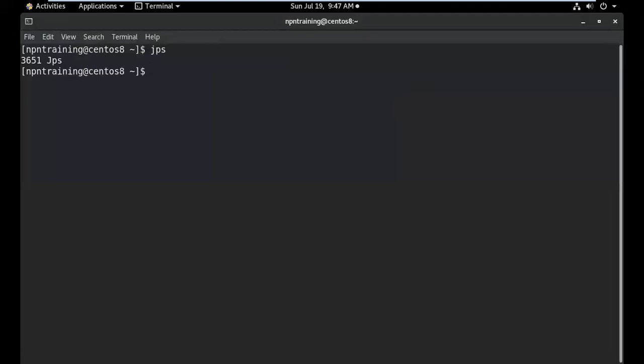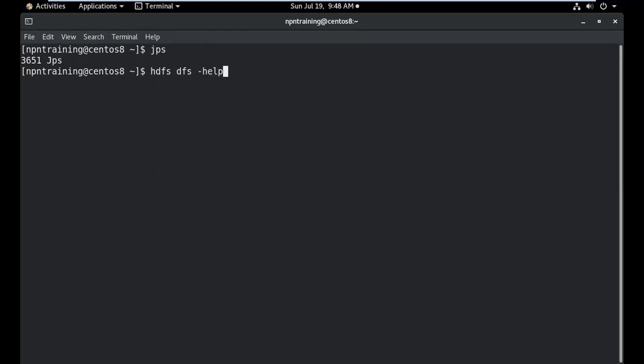We have not started the cluster, so you'll not get any services. Now, as I told you, Hadoop-based commands will be invoked through a binary by the name HDFS. When you do this, please make a note of all these things. I'm invoking a DFS command, and if I do hyphen help, please look at this.